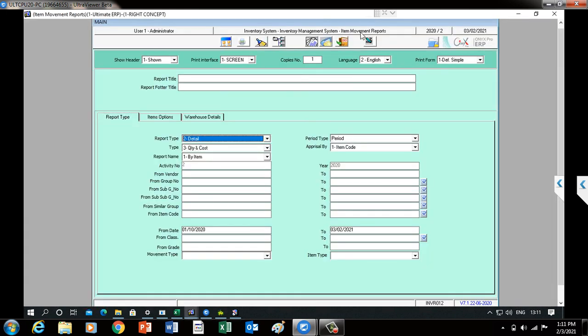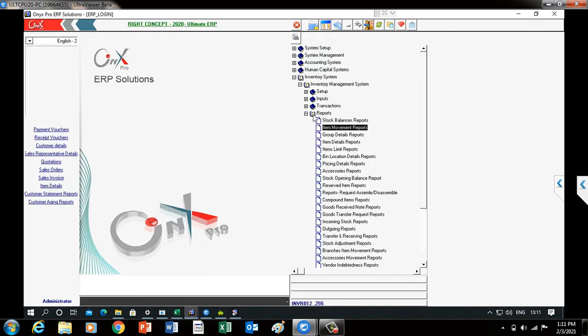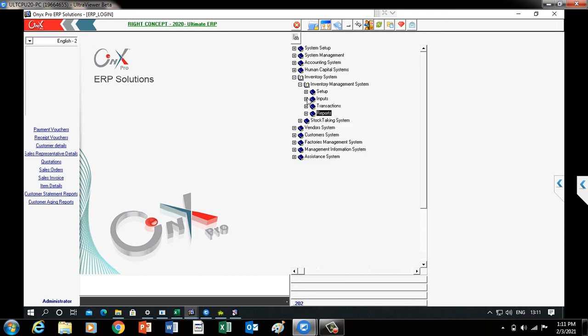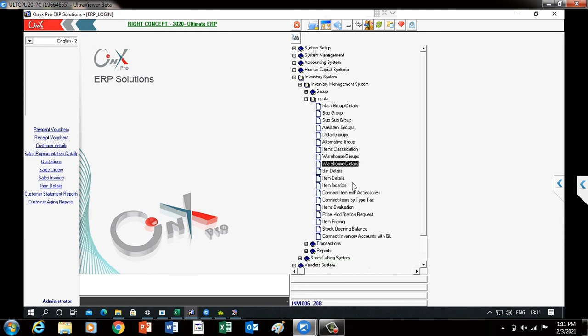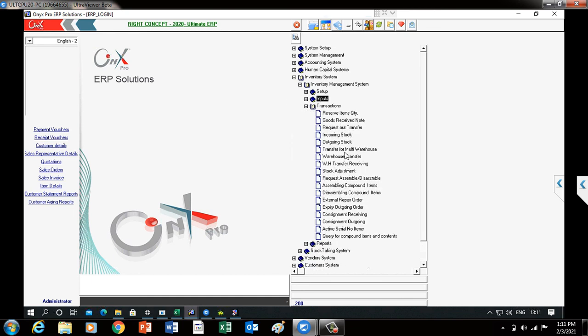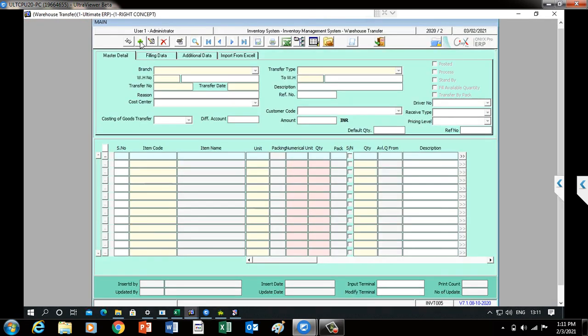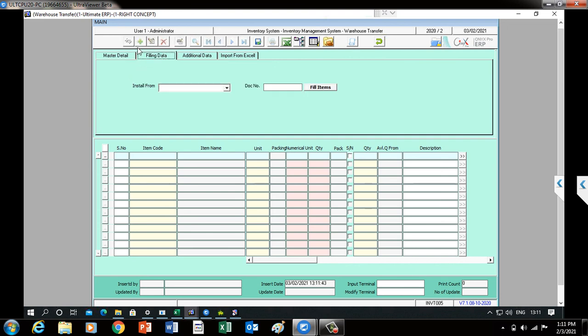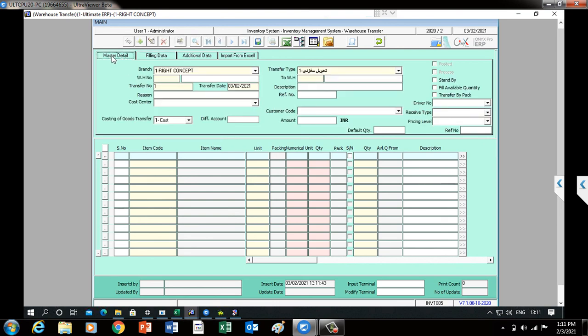After making this, if you want to transfer it from the factory to our centralized warehouse or something, in a warehouse transfer we click this add button. We have multiple options to fill in, from where you can transfer. If you have done it once and the same record is repeating, there is no need to do it again; we can repeat it.